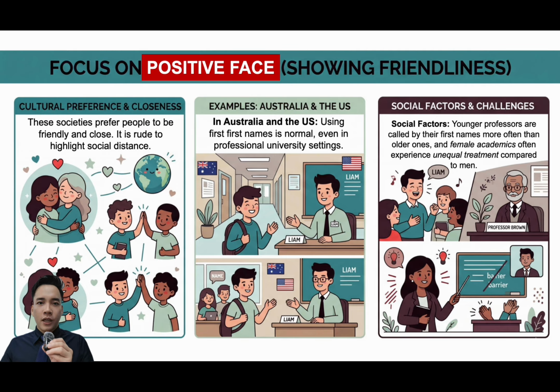Now, if we think about Vietnam, we can see both orientations. In formal settings, Vietnamese speakers care a lot about titles, age, hierarchy, and respect. But in friendly settings, we also use closeness and family-like terms such as anh, chị, em, cô, chú, thầy, cô. So Vietnam is a good example showing that politeness can involve both distance and closeness.